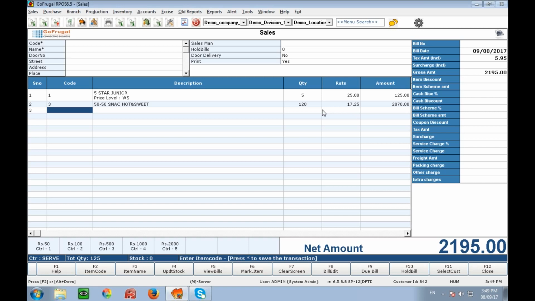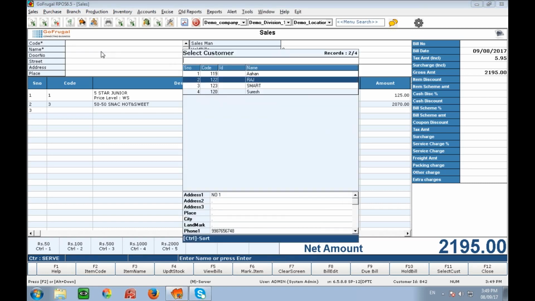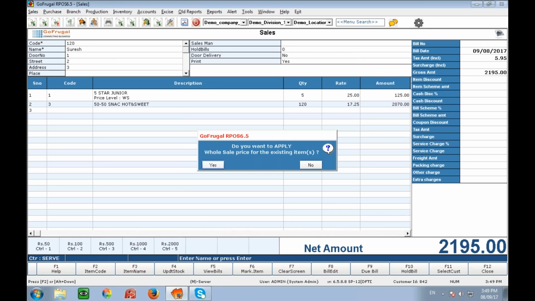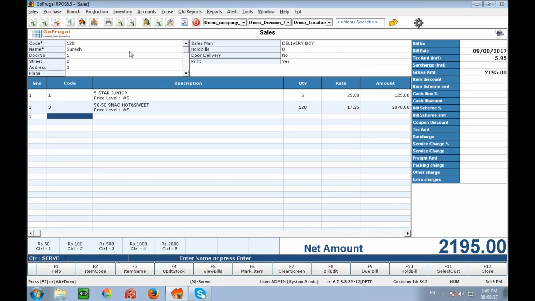So I have chosen the items now. For this customer, the loyalty card is already mapped. The important thing here is you don't need to choose a customer. You can directly mention the card number in the name. You can scan the card in the customer name column so that it fetches the customer name automatically. Whatever number is printed, GFT 00001 is mapped to this customer. So just scan that number here in the customer name.